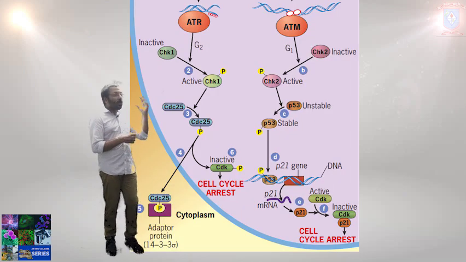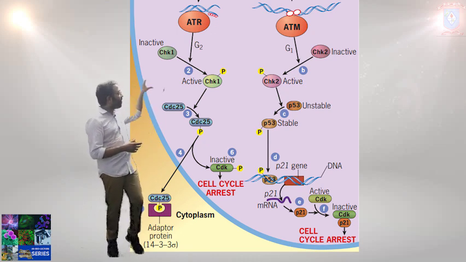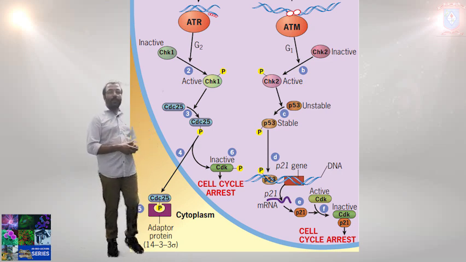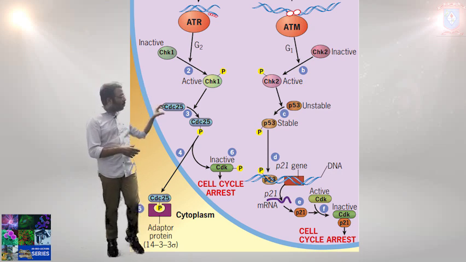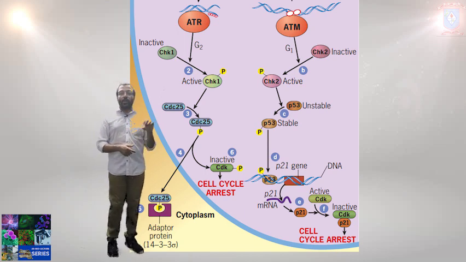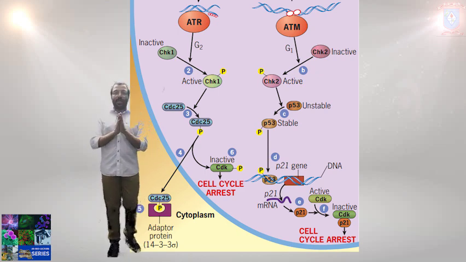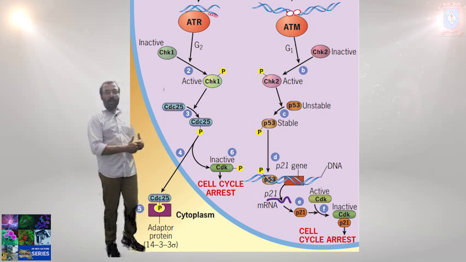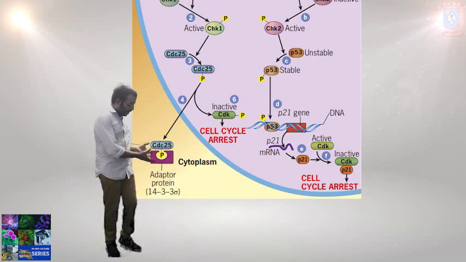When CHK1 phosphorylates CDC25 on a particular serine residue inside the nucleus, CDC25 becomes inactive. The phosphorylated CDC25, or the inactive form of CDC25, will now be transported out of the nucleus into the cytoplasm, and the phosphorylated CDC25 is bound by an adapter protein